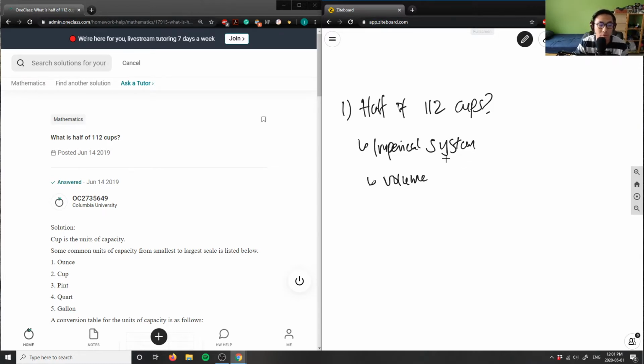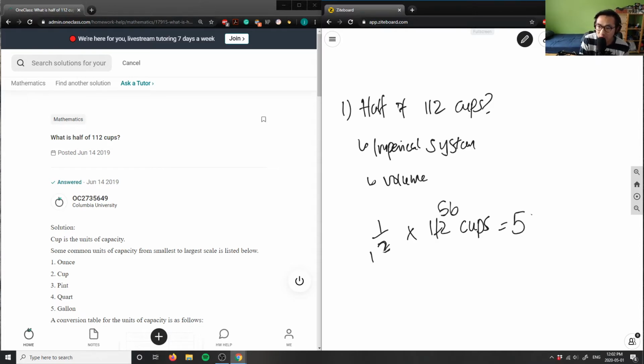So basically all we're doing is taking half. So again, 1/2, and then we're multiplying it by 112 cups to figure out how many cups we have. You can think of it as half times 112, or as 112 divided by 2. It's honestly up to you how you think of this problem. Again, half of 112 here, I can simply divide 112 by 2, and this would equal